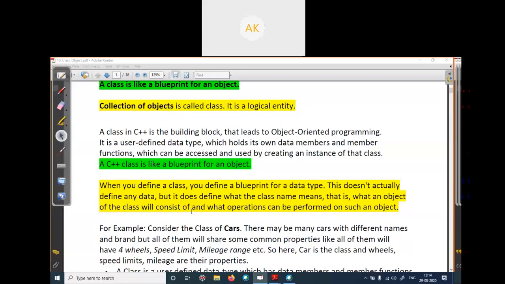When we break our program into small objects, we call it object oriented, because it's around the object. When your program is around the function, we call it function oriented.